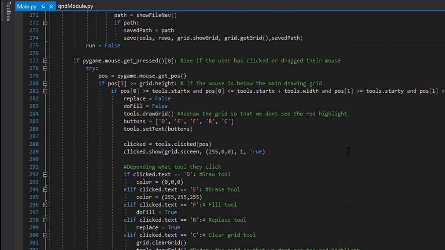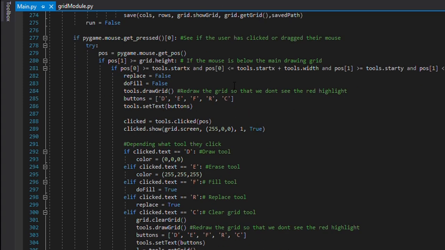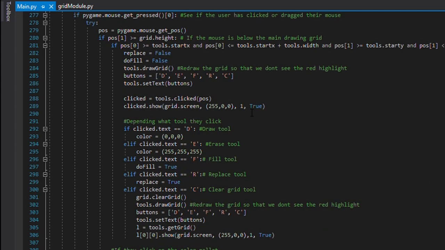Now moving on, if the person has clicked the mouse or dragged their mouse, then what happens? First we'll see where the mouse has been clicked. If the mouse has been clicked on the main drawing grid, then we have to perform the function on the drawing grid. So if he has selected a button from either of these buttons, that function has to be performed. For example, if he has selected D, this means that he has chosen the draw tool.